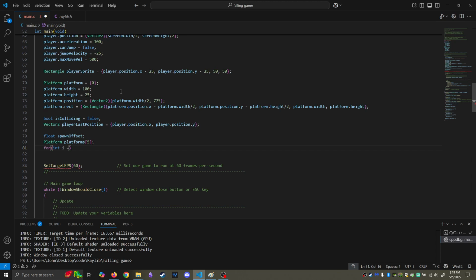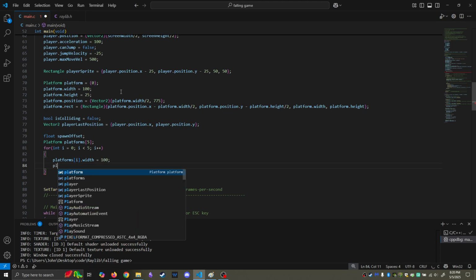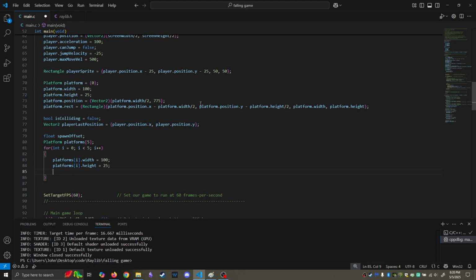For int i equals 0, i is less than 5, i plus plus, platforms i dot width equals 100, platforms i dot height equals, what did I say, 25? Dot position equals,